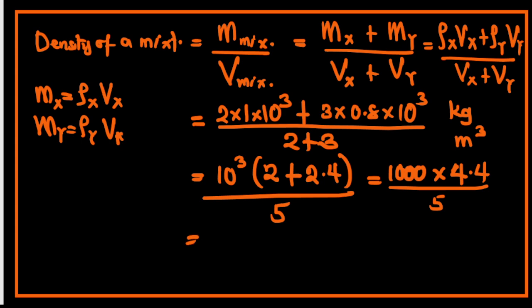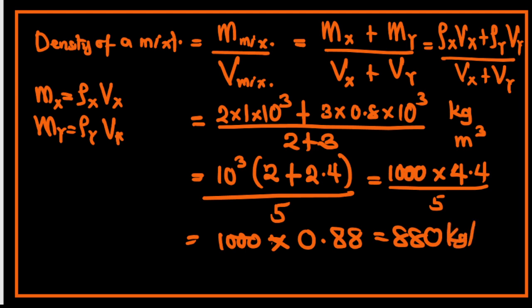Keeping the 1000 and just focusing on 4.4, how many times can 5 go in 4.4? 0 times, because 5 is bigger than 4.4. Now, how many times will 5 go in 44? That's 8 times, because 5 times 8 is 40. We are left with 4. In 40 again, that's 8. So this is 880